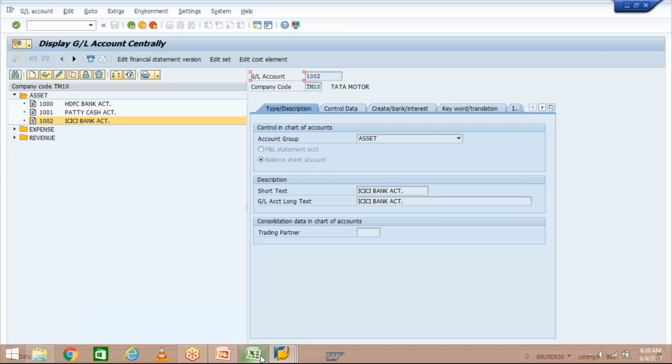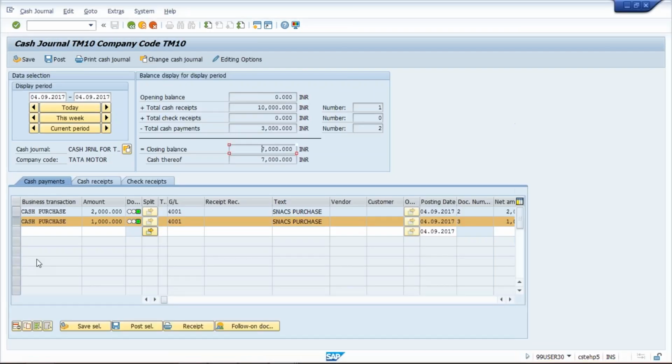Now I'm going to make a cash purchase once again worth 5,000, and some small tools, small items, nut bolts or something purchased for the plant, let's suppose, and that purchase has taken place in cash itself.